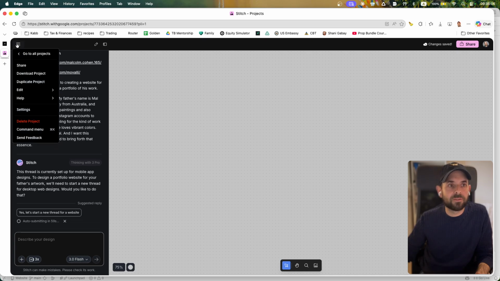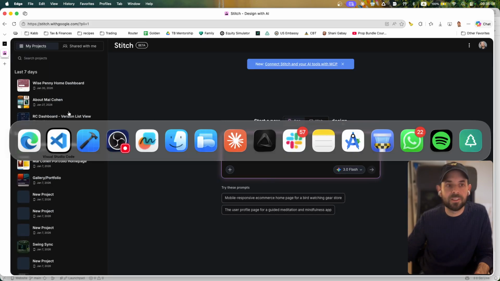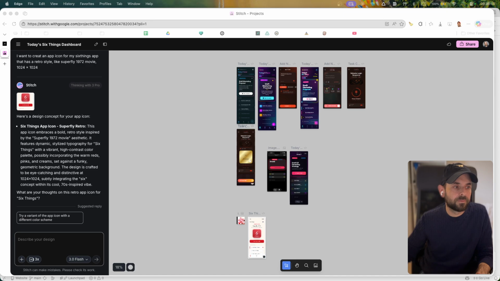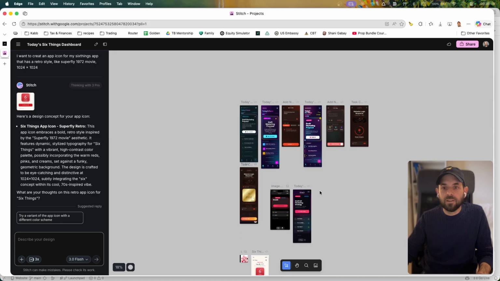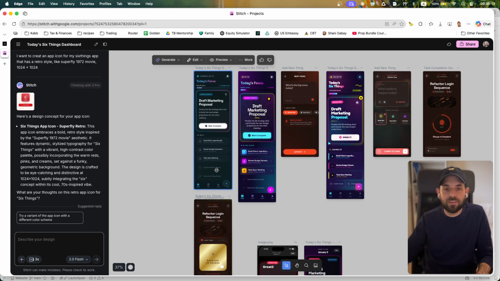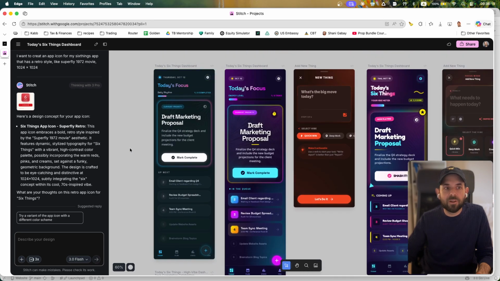I'm going to pause this for a second because, as you can see here, I'm not totally prepared and I don't care, but one second. And here it is. This is the Stitch with Google I used to brainstorm together with Google's AI tool called Stitch to figure out what I wanted to do.